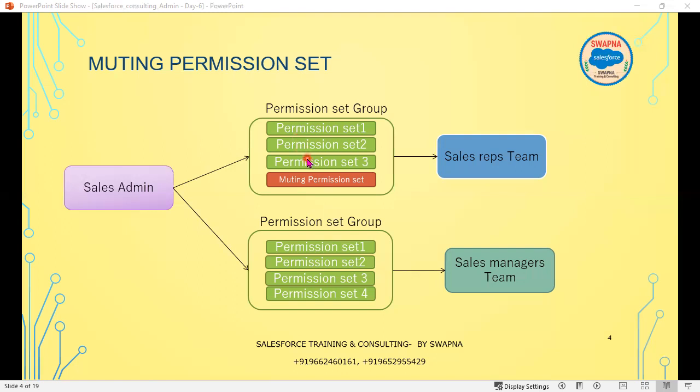Instead of that, what I'm saying is that we don't know where the permission is. I don't know, for opportunity product level, I wanted to remove the delete permission. Whether it is happening in permission set 1 or 2 or 3, we don't know. And also, if I modify something in permission set 1, I need to check which users are impacted. I don't know. If I change something in permission set 2, which users are impacted, I don't know. Now, when we are not clear on that,